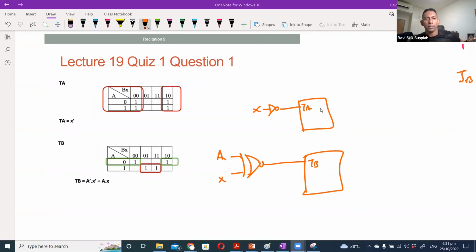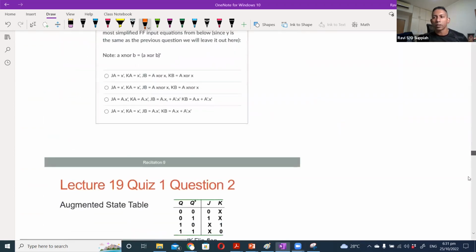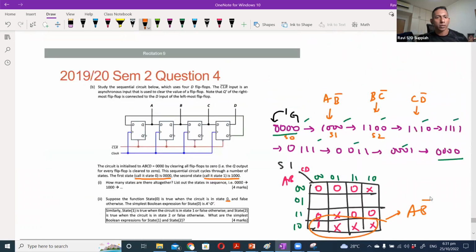X bar will be TA, and A XNOR with X will be TB. The extra questions, is it? Extra questions is